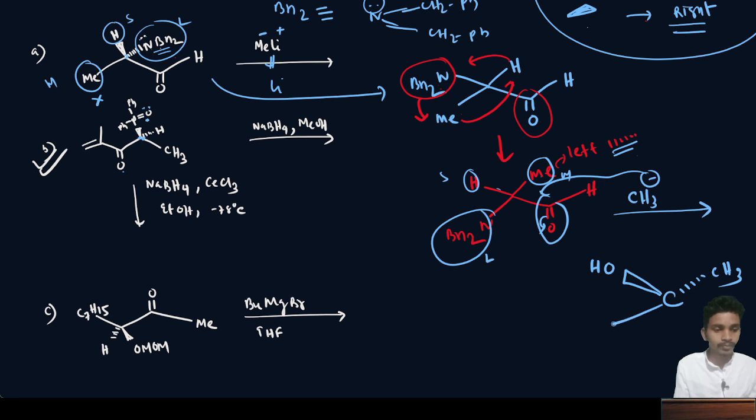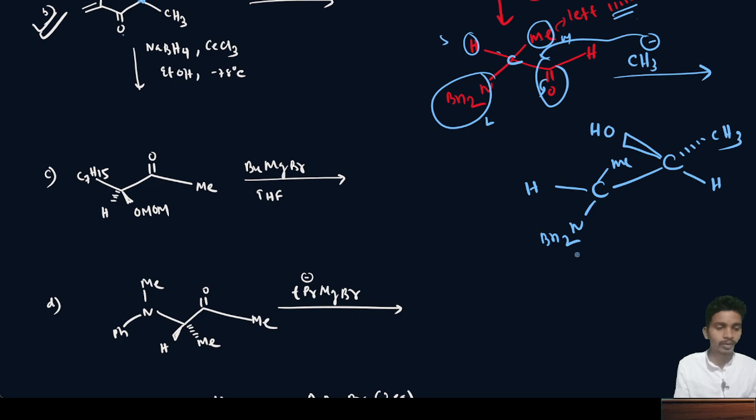Okay, now here we have another carbon, here we have the same H. Now we have another carbon, this one. In this carbon there is a methyl here, so make the same things. Here H we have, here methyl is there, and here